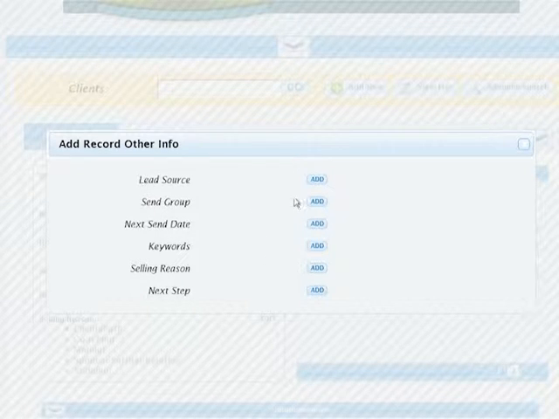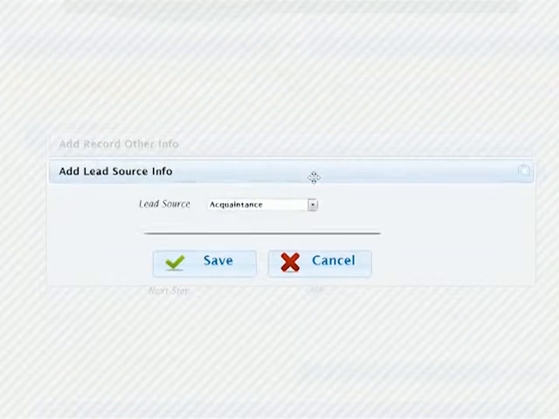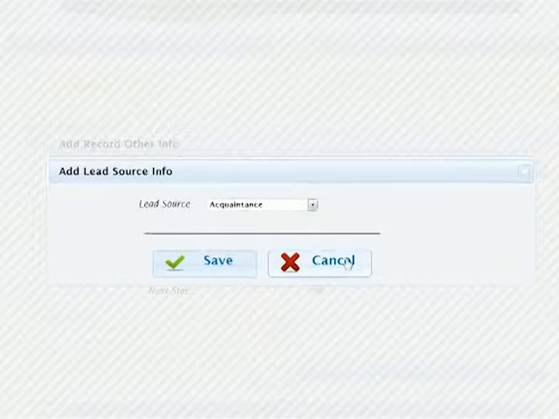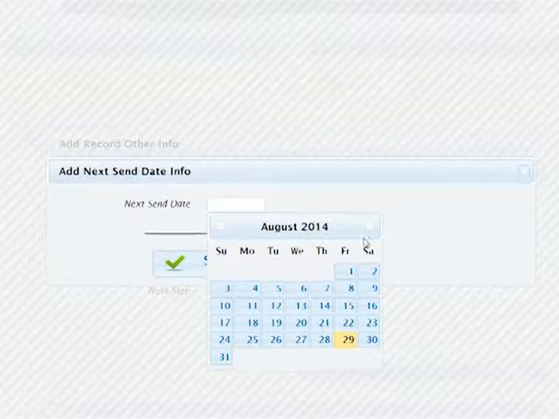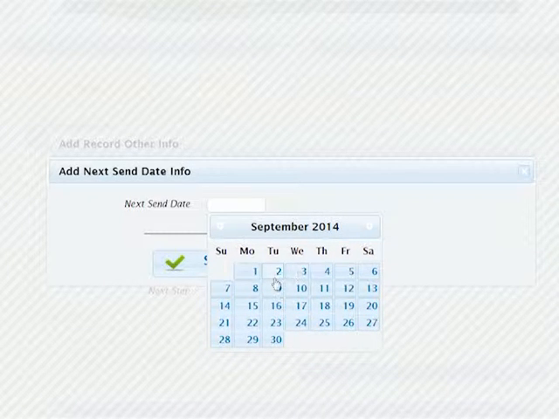So lead source, we can have it be just something that you can key in, or we can have it be out of a specific set of options. We can have dates. So if you want to say the next send date, if you're sending out mailers periodically, you can divide those people up and say, give me people whose next send date is in August, and be able to search for all those people. Or let's say my send date will be September 3rd, and I will hit save.